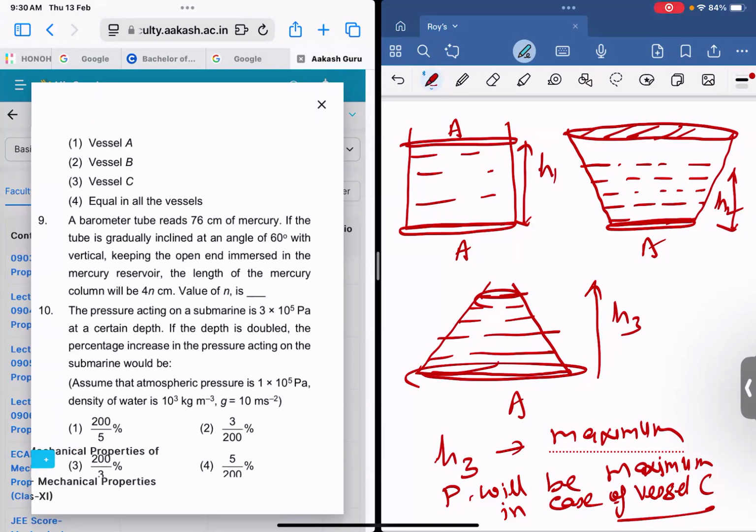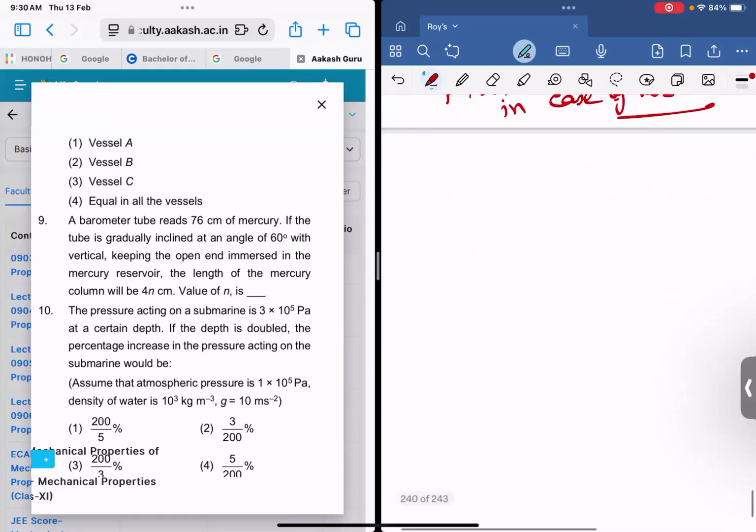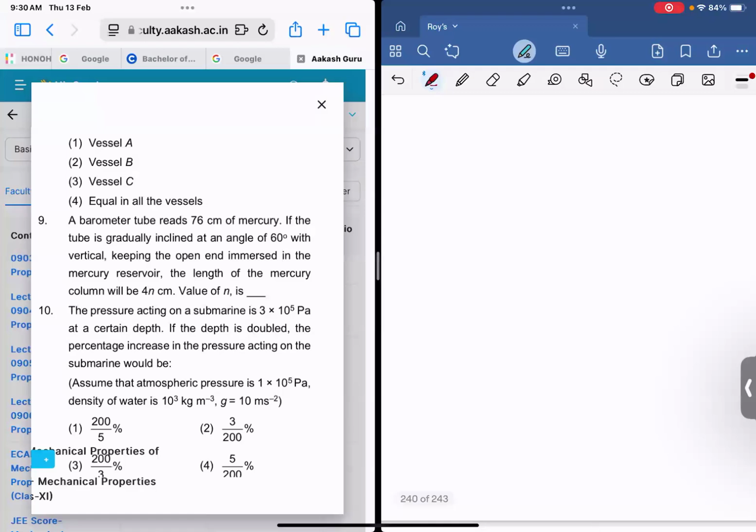Understood? अंडरस्टूड। Good. क्वेश्चन नंबर 9 कहता है, अगर एक बैरोमीटर ट्यूब रीड 76 सेंटीमीटर ऑफ मर्क्यूरी। 76 सेंटीमीटर ऑफ मर्क्यूरी मतलब डेंसिटी, आपको मर्क्यूरी का प्रेशर का फॉर्मूला मालूम है, ρgh। तो ρ आपका हो गया डेंसिटी ऑफ मर्क्यूरी, g तो मालूम है हमें, और h यहाँ पे दिया हुआ है 76 सेंटीमीटर।